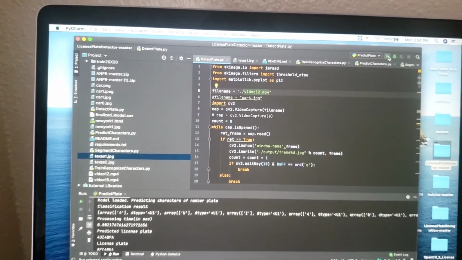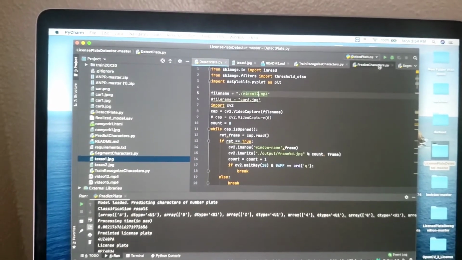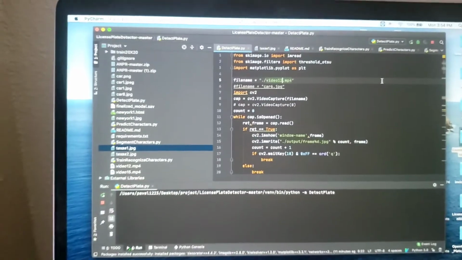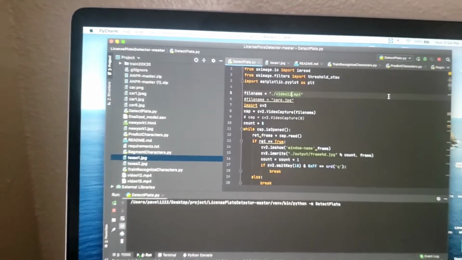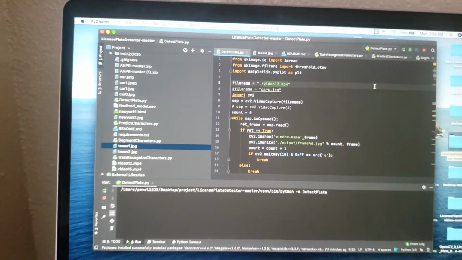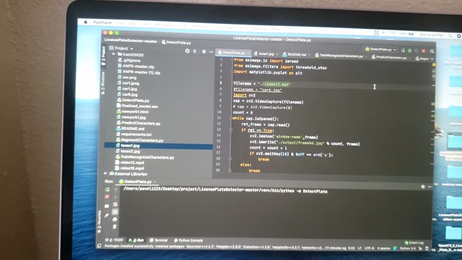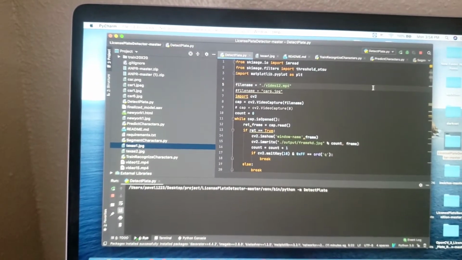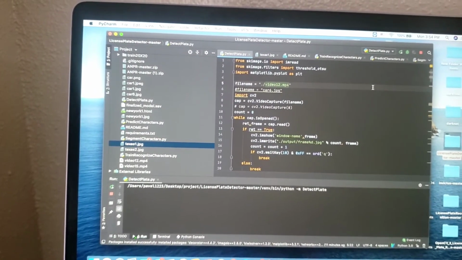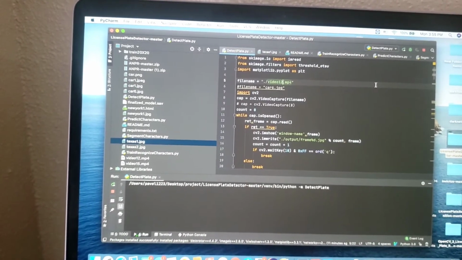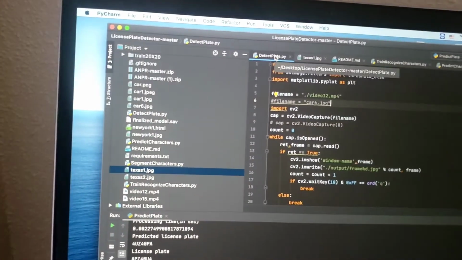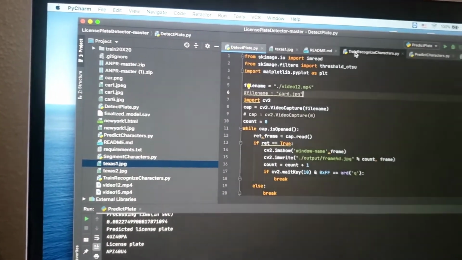So let's run the detect plate and see how it calculates or detects the plate. It's taking time because of the loading of the video, nothing else. The calculation really takes a small fraction of time.